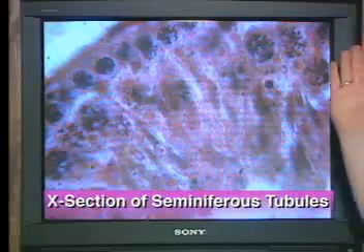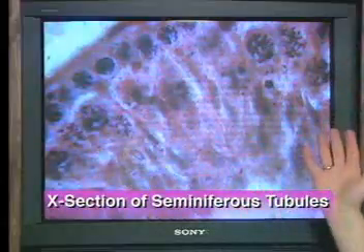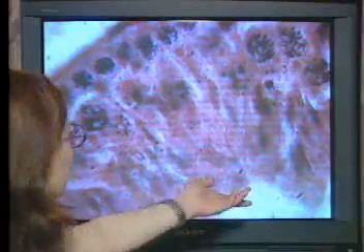Here's a cross-section of the seminiferous tubules. Do you recall any of the cells present? I remember spermatids and sperm cells. That's a start. I recall that if you look at the cross-section of the tubules, you'll see the immature cells near the outside and the more mature sperm near the center of the tubule. Okay, now let's see if we can fill in some of the details.